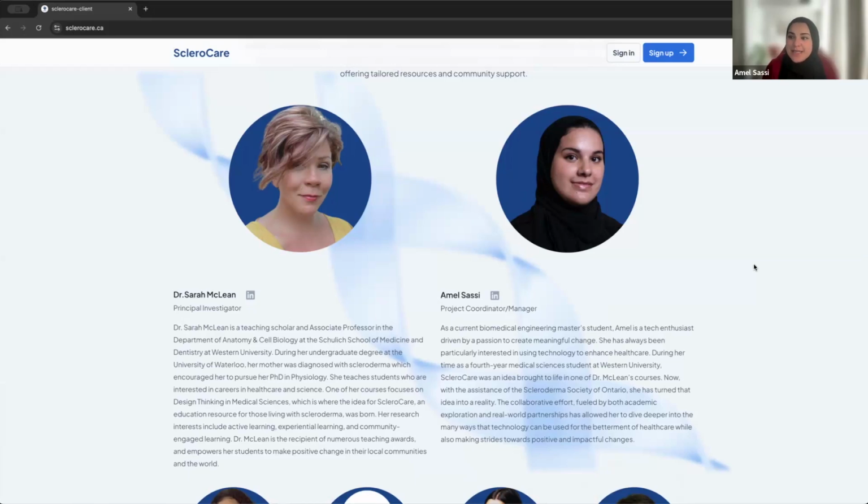And really the goal was to create a solution for patients living with a specific type of autoimmune or chronic illness. And the illness that I was assigned was scleroderma, systemic sclerosis. And with that, my team decided to brainstorm a number of different solutions, and we ultimately settled on the idea